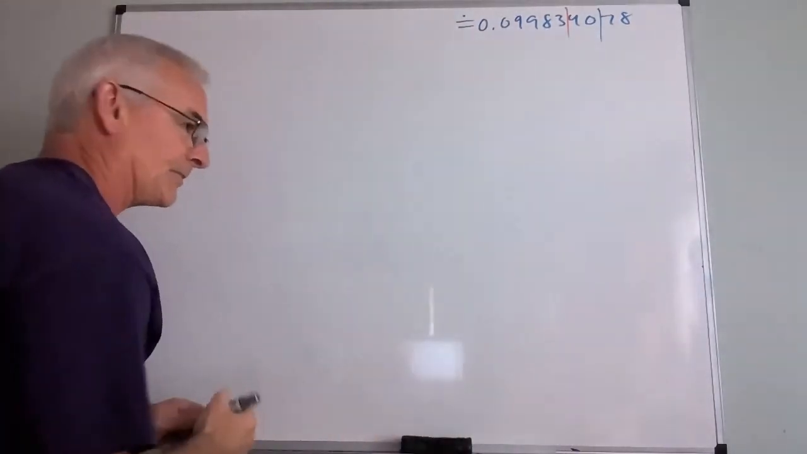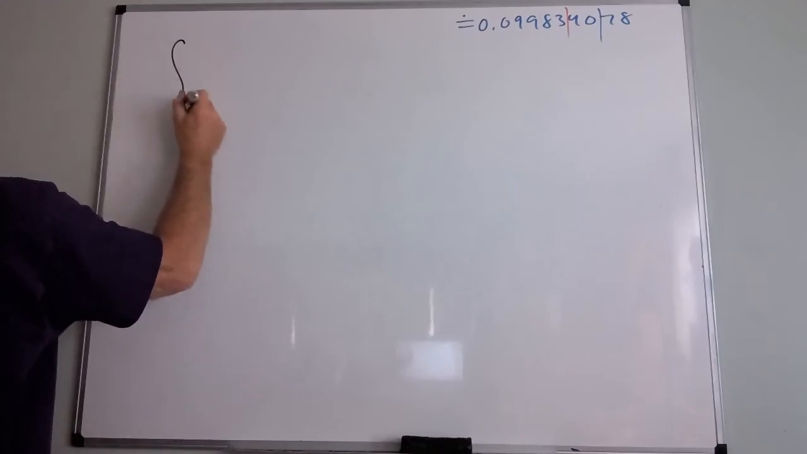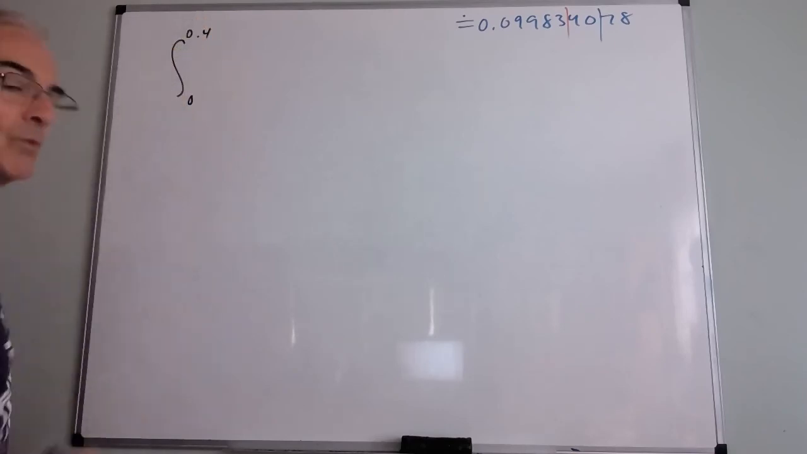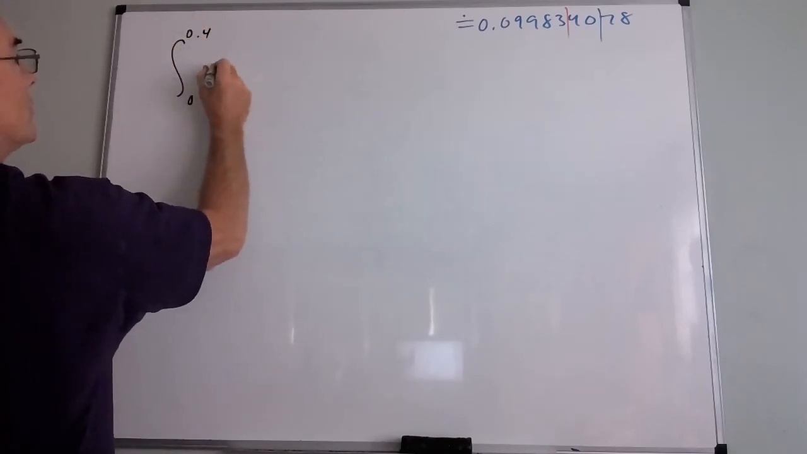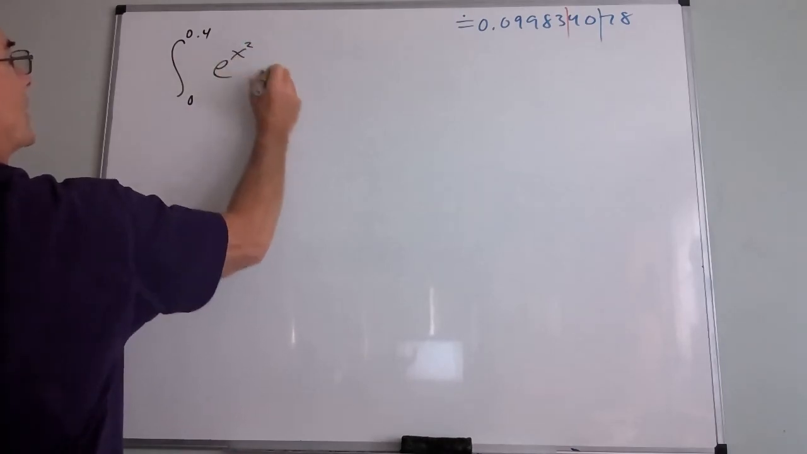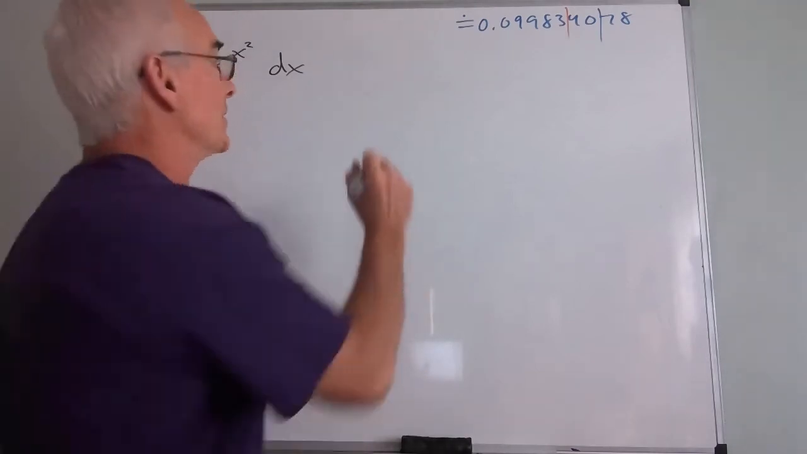Let's suppose that my ultimate goal was something like this. I want to integrate, let's say, from 0 to 0.4, just randomly. And I want to do e to the, I don't know, x squared. Well, I can't integrate e to the x squared, and I want you to do this